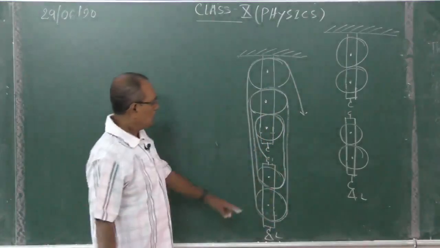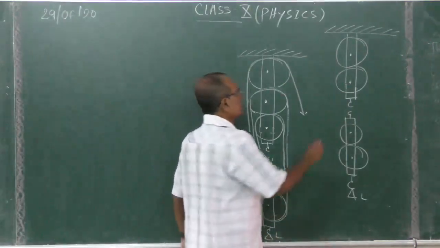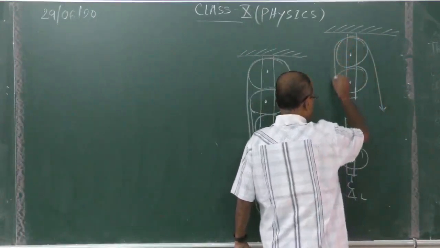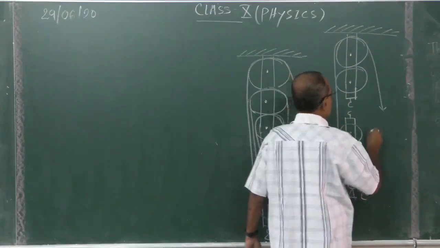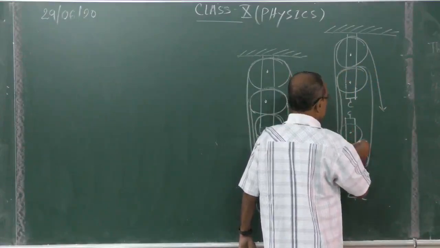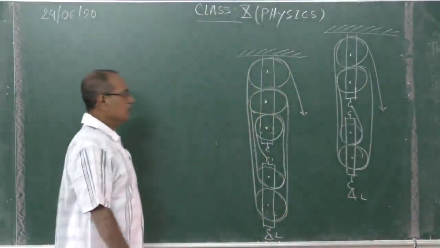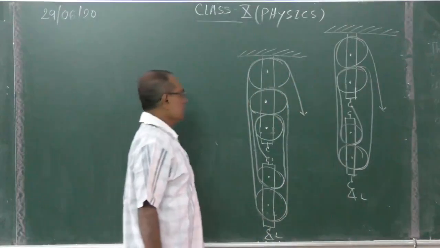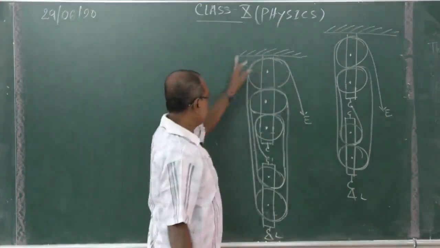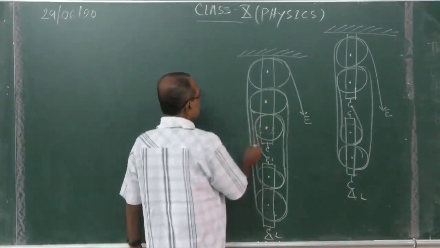Just see, all pulleys are attached with the rope. Okay. Now here also, okay, so this way it will be connected. Now effort is here, effort is here. It is a single rope passing through all the pulleys. So therefore, there are segments.